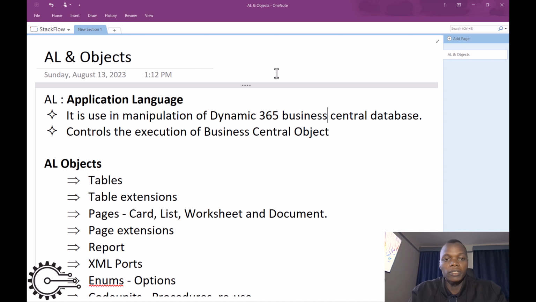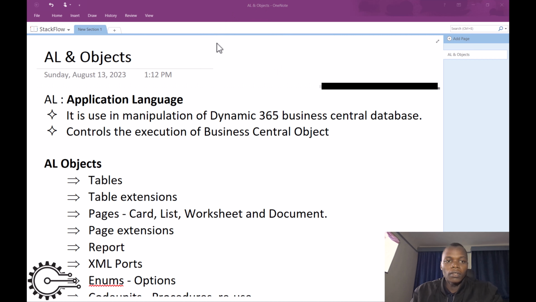And when I talk about manipulation, I mean the way we may insert the data, we may want to modify the data, we may also want to clear or delete the data from the database, or we may want to do any form of transformation for the data. The application language also controls execution of the AL